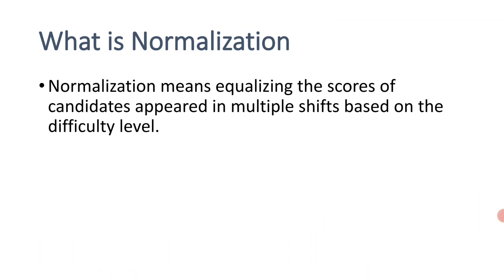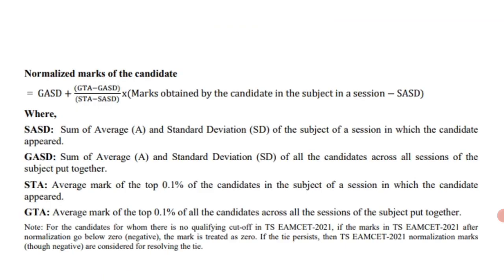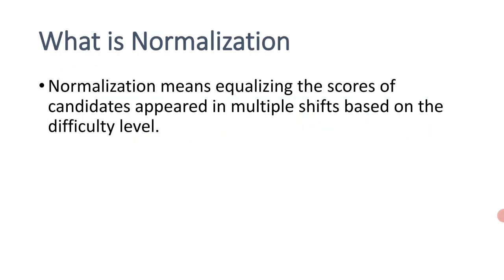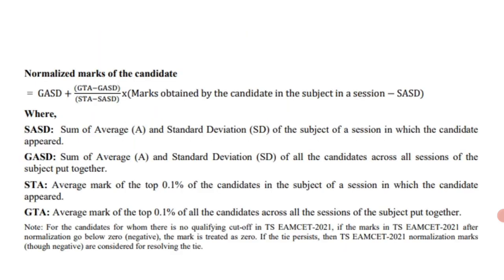Now how to calculate this normalization? Let us see. The normalized marks of the candidate, the formula is GASD. GASD stands for the sum of average and standard deviation of all candidates across all sessions of the subject put together, plus GTA minus GASD. GTA stands for the average marks of the top 0.1% of the candidates across the sessions of the subject put together. Then minus GASD, the sum of average and standard deviation of all candidates across all sessions of the subject put together, divided